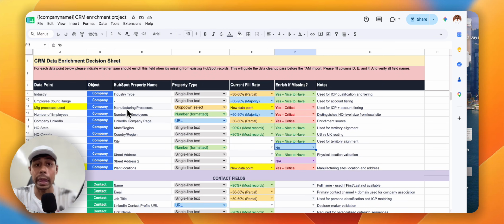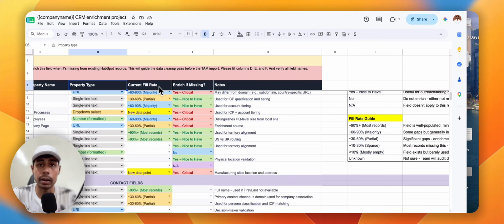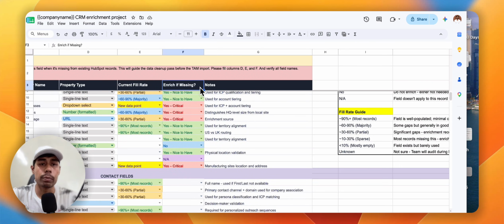To recap, every data point here gets mapped against 4 inputs: what it is, what type it is, how full the field already is, and whether it is worth enriching. And the client makes the final call. So if you are enriching CRM data, and you skip this step, everything downstream is guesswork. But if you do it properly, then every enrichment credit you spend is a credit the company already agreed was worth spending. So in the next video, we will start executing this plan,